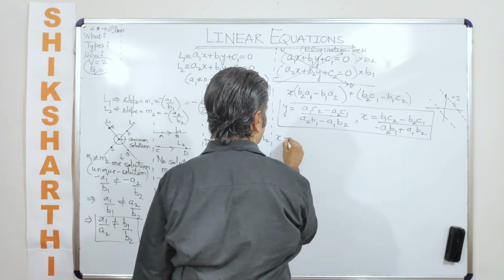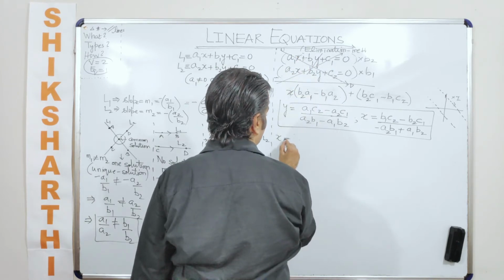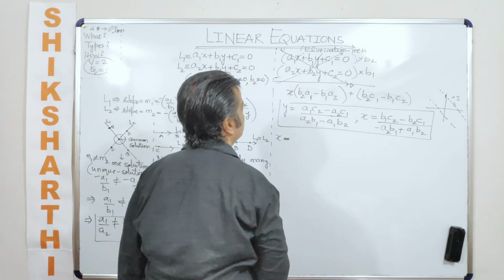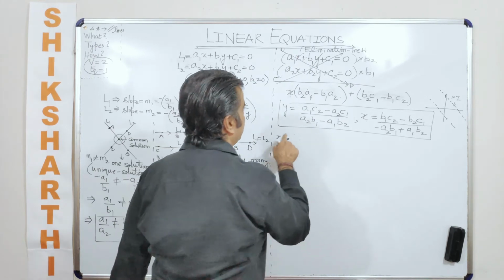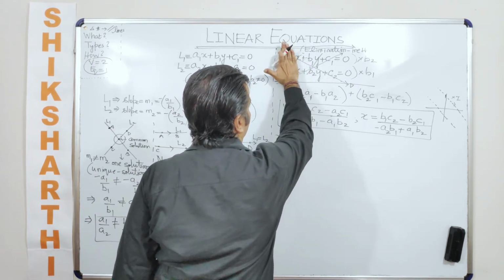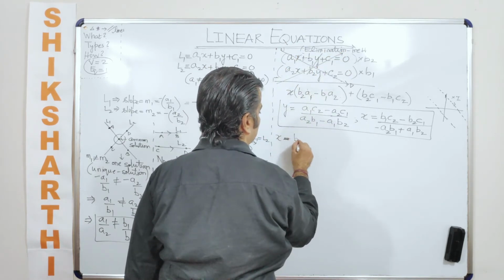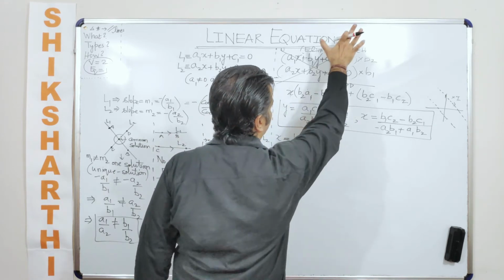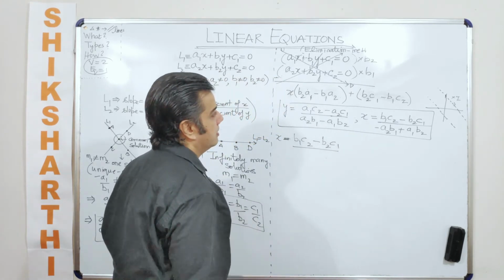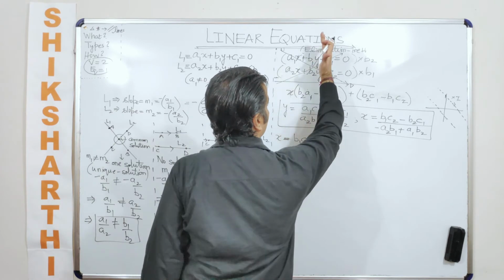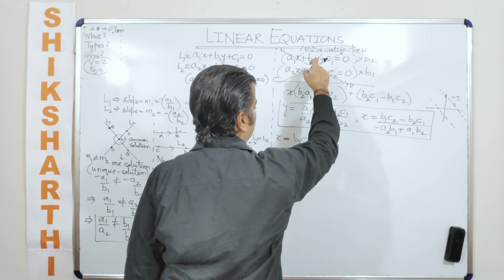So I'll write it down once again. So x is nothing but you come down up to down, and when you're talking about x, the value of x, you're talking about the common solution for these set of equations. In that case, in order to find out the value of x, what would you do? When you're finding out the value of x, you will not talk about the coefficients of x, you will talk about the other coefficients, which is just like saying B1 C2 up to down and then down to up minus B2 C1, divided by what? Now in that case, when you're dividing, you will not talk about the constant terms, you will only talk about A1 B2 minus A2 B1.